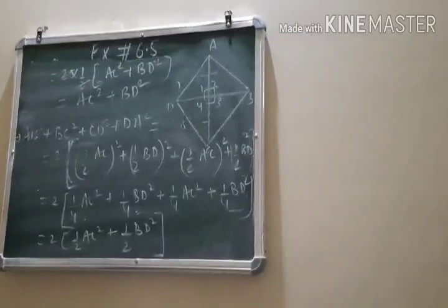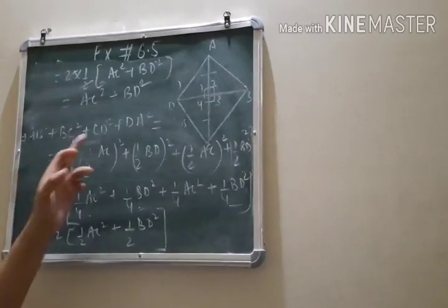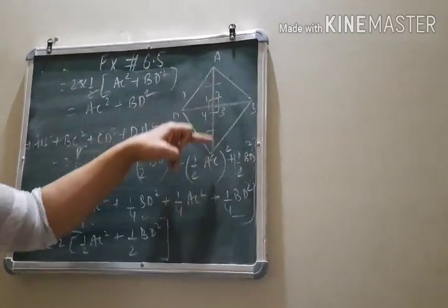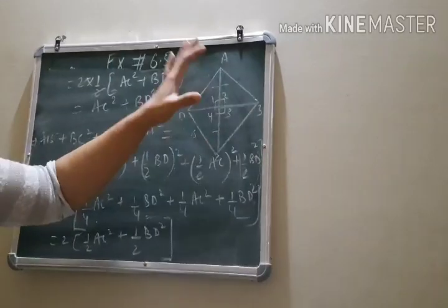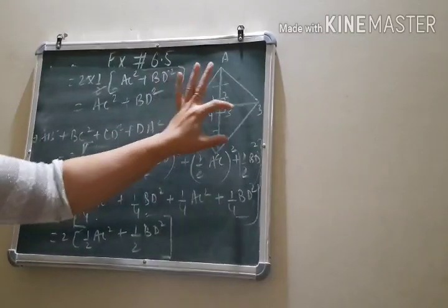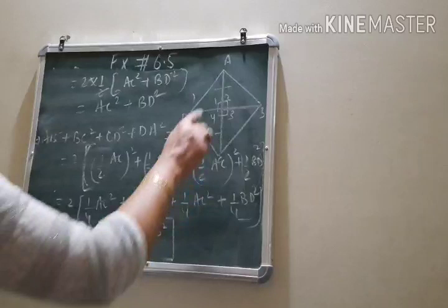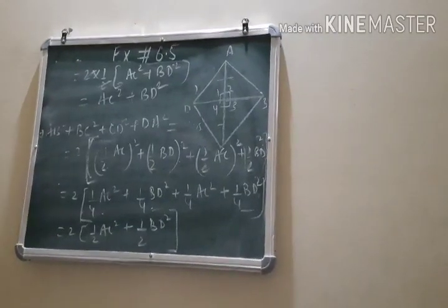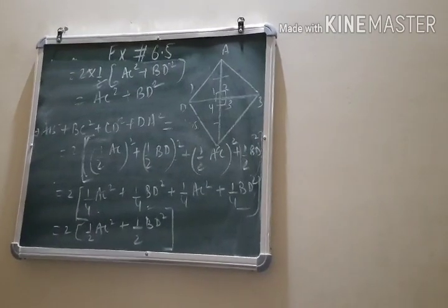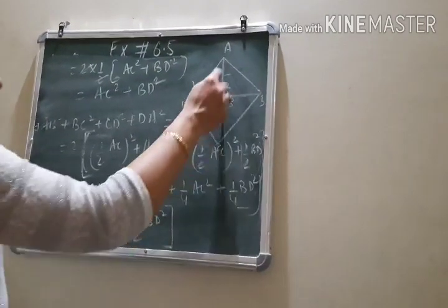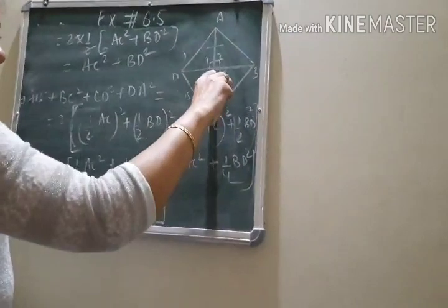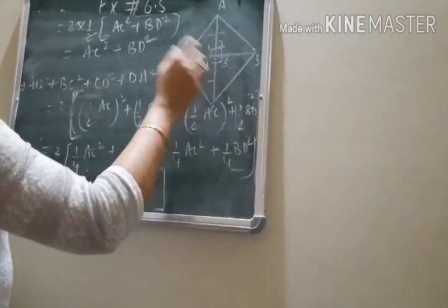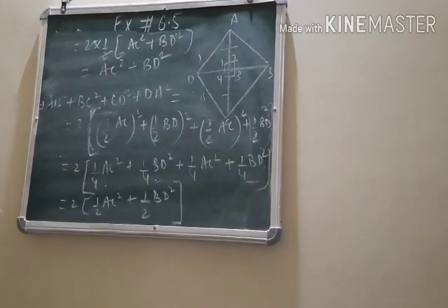So what I have taken in this question, ABCD was given a rhombus. As the diagonals of a rhombus bisect each other at right angles, therefore all the angles formed in the center are 90 degrees each, and both are bisecting also. That means these two portions are equal, so AO is equal to OC and OB is equal to OD. Now take all the triangles separately and apply Pythagoras theorem. Then add all the 4 equations. After adding, you will get the LHS. For the RHS, we will write that AO is equal to half AC, similarly OC is also half AC, OB is half BD, and OD is also half BD. And then just simplify it, you will get the answer.